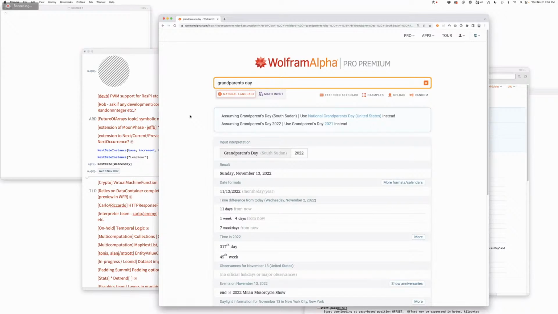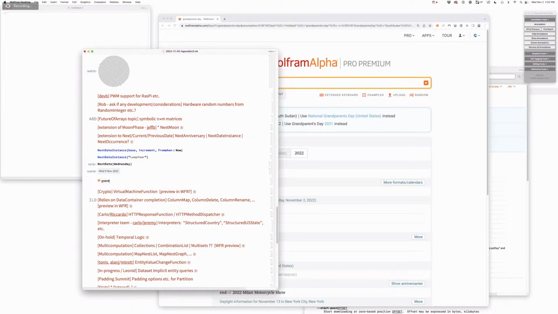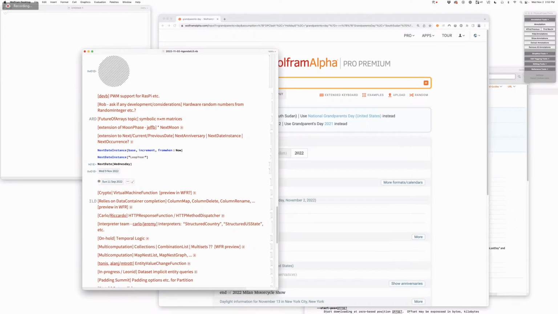Yeah, we do have holidays that you can access through entity value, at least internally. So does this work? If I say grandparents' day, I don't believe the spellings are hooked up. So this is the current mechanism, which is it will resolve on Alpha and then it will return the closest instance of it. But if you do something like entity of holiday, comma, the names are going to be